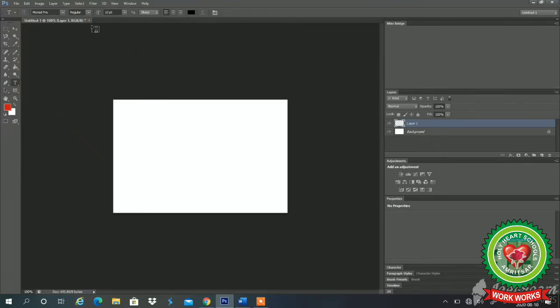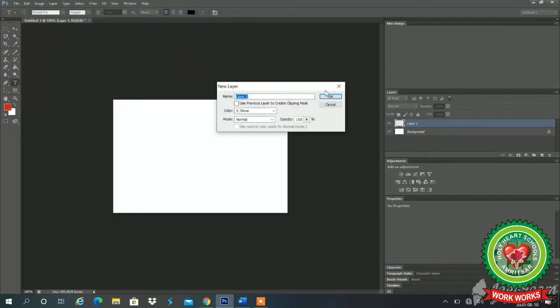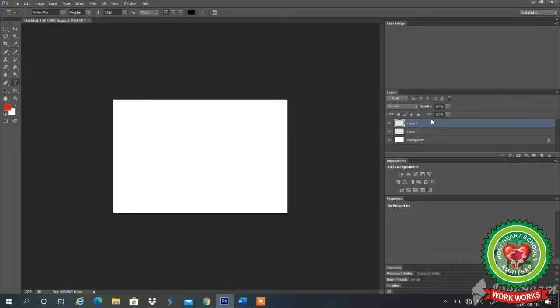Second method: we have the Layer menu, click on New, click on the Layer option, and click on the OK button. Now Layer 2 is added. With any method we can create a layer. If you want to rename it, double click on the layer name and give the name as per your requirement.